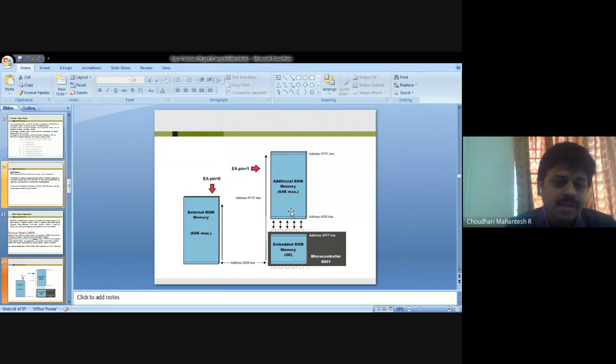The embedded ROM has 4K of memory, addressed from 0000 to 3FFF hex, then 4000 to FFFF. We consider a few addresses.